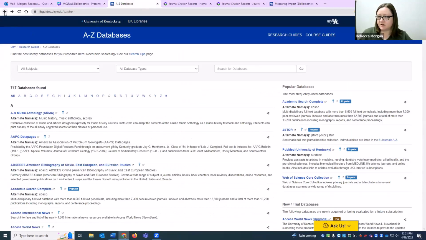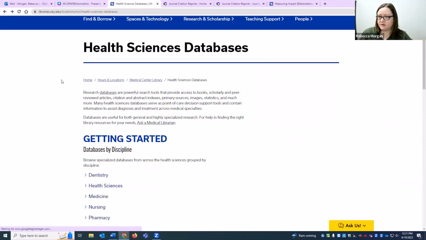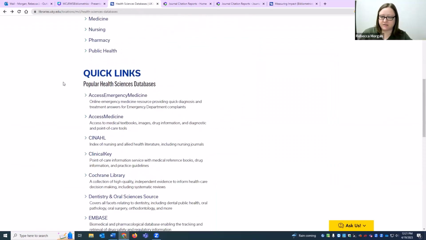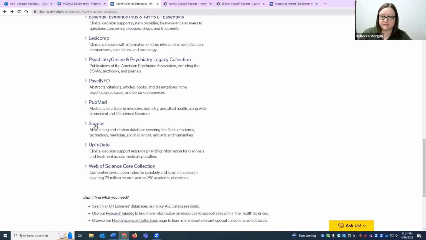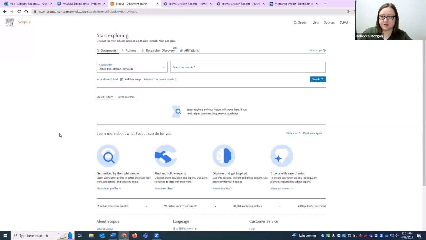And once again, I am going through our Health Science Databases page, because if I scroll down, Scopus is one of them that is included here. And just like Web of Science, maybe you're familiar with Scopus in terms of just searching for citations. Both Web of Science and Scopus are also bibliometric databases where you can find actual research and links to actual articles for research, but you can also generate this bibliometric information. So in addition to searching for documents, which is how you would actually find your citations,